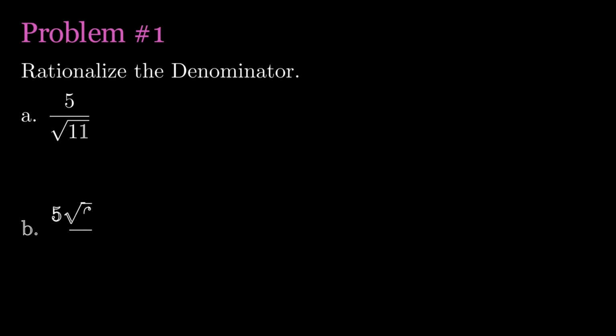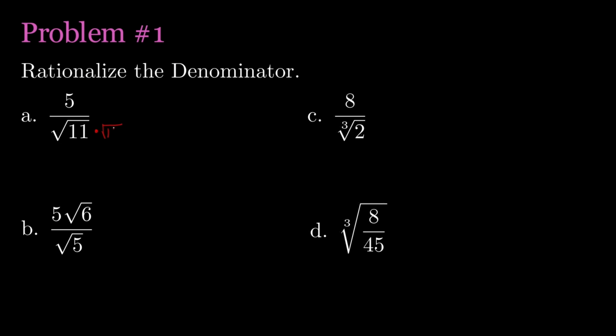Hello, we are in Chapter 5, Section 5.6, Rationalizing Denominators. In this example, we're going to go over problem number 1, in which we are to rationalize the denominator of several fractional radical expressions. In part A, we have just a single radical factor in the denominator, so we multiply